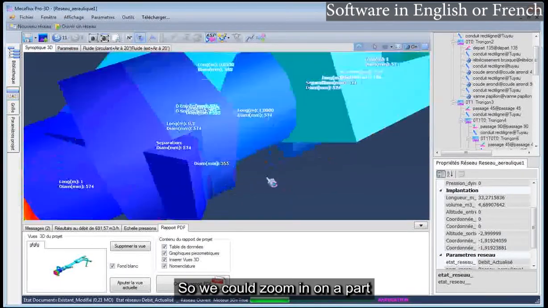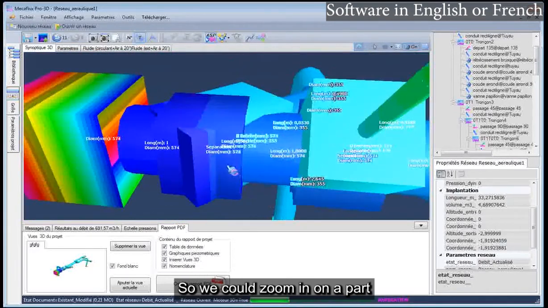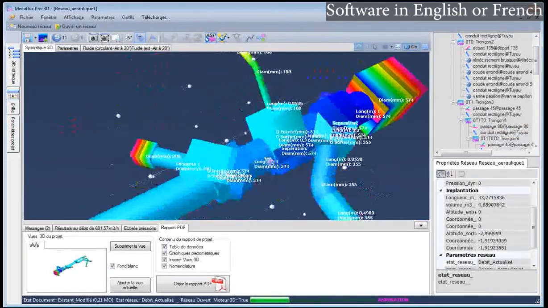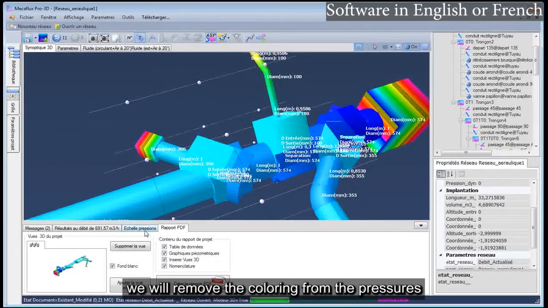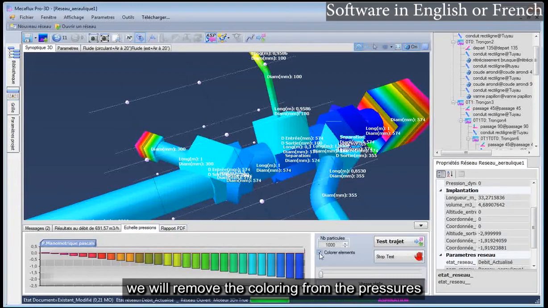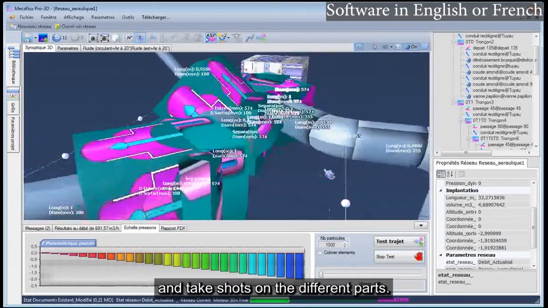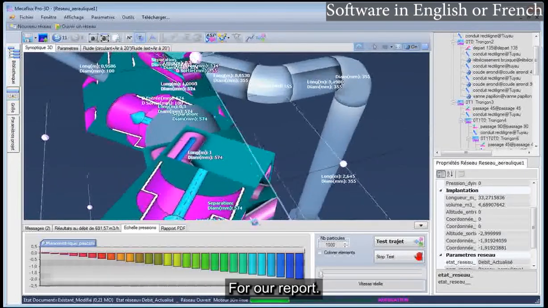So we could zoom in on a part. We will remove the culling from the pressures and take shots on the different parts for our report.